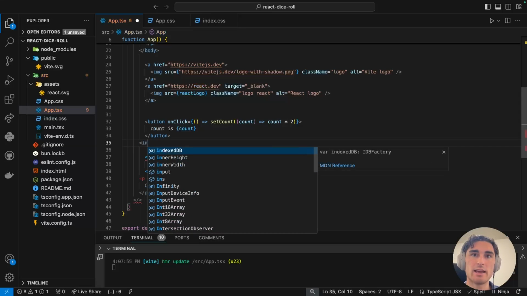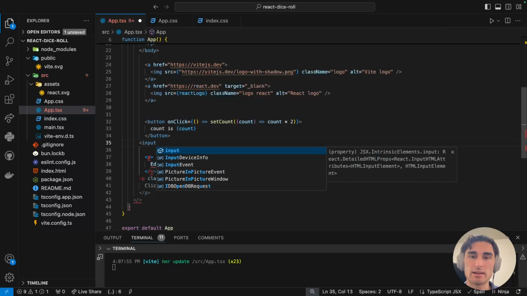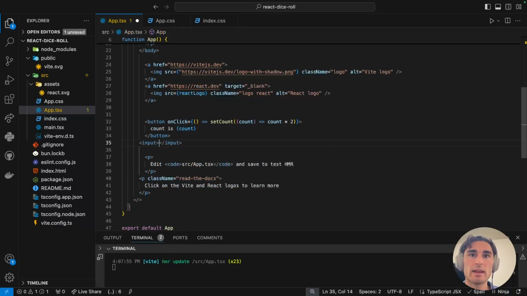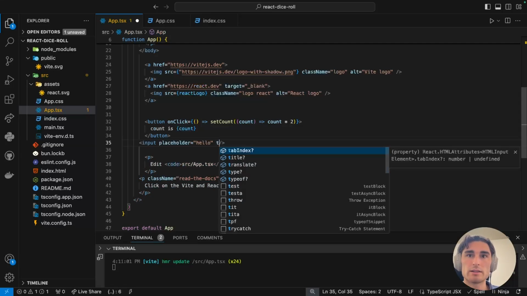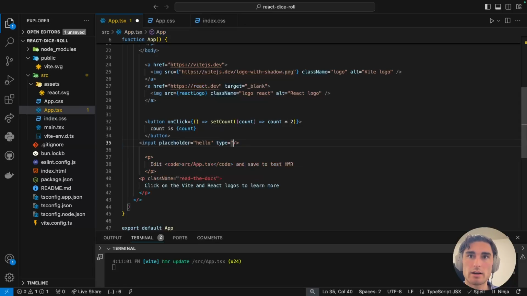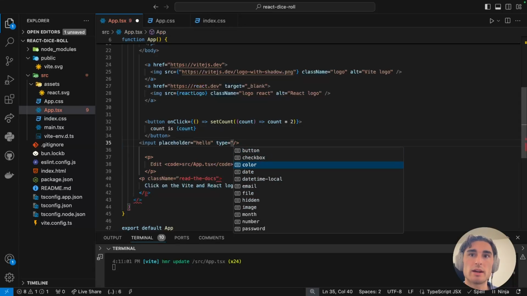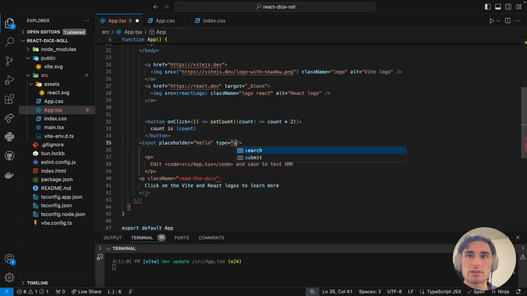Final tag is an input tag. So we can say input. And normally here you don't wrap this. You have it just as an input like that. You can set a placeholder text. So we'll say hello. And the other important thing to do is define an input type. So your type can be any of these, right? You could say that it is just a standard